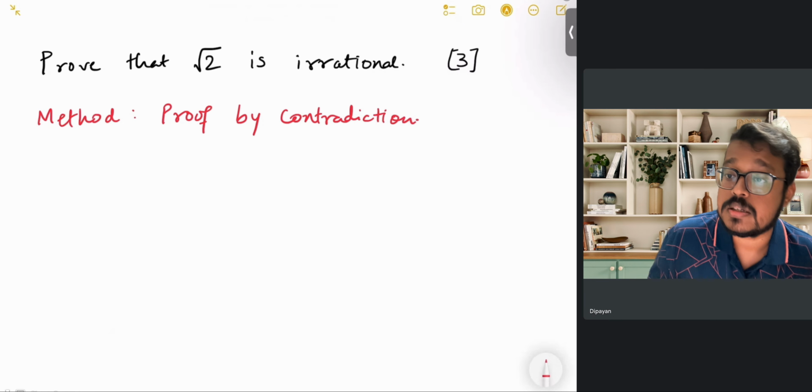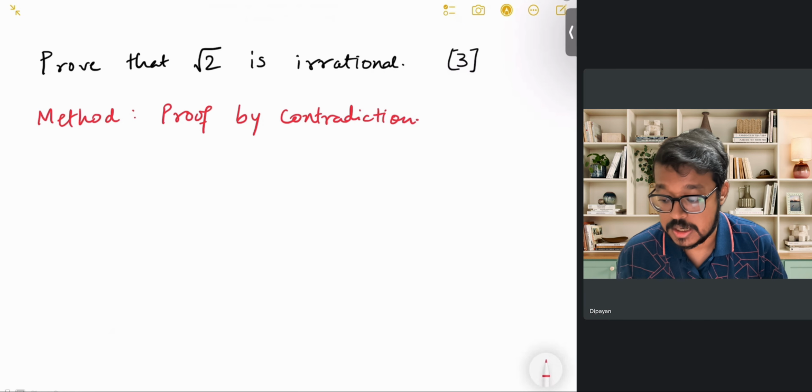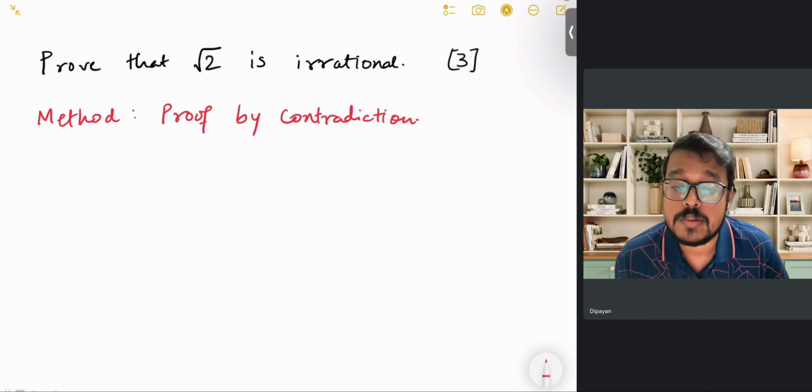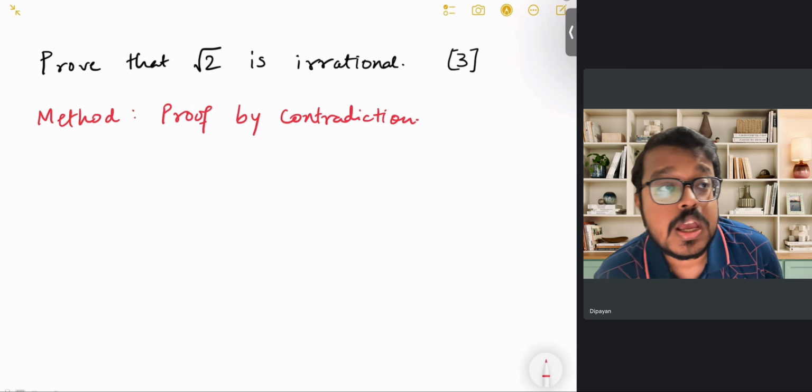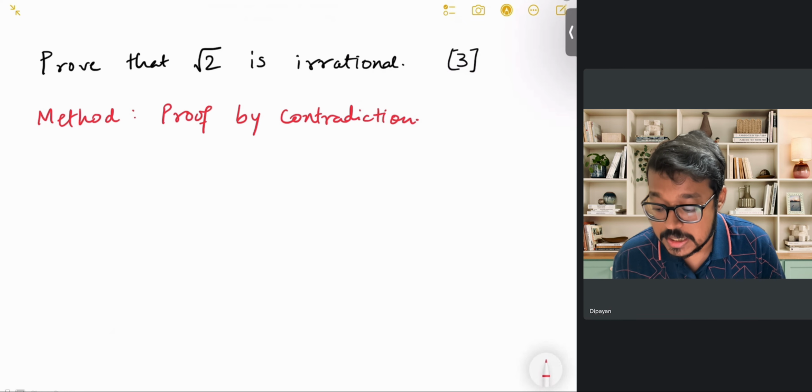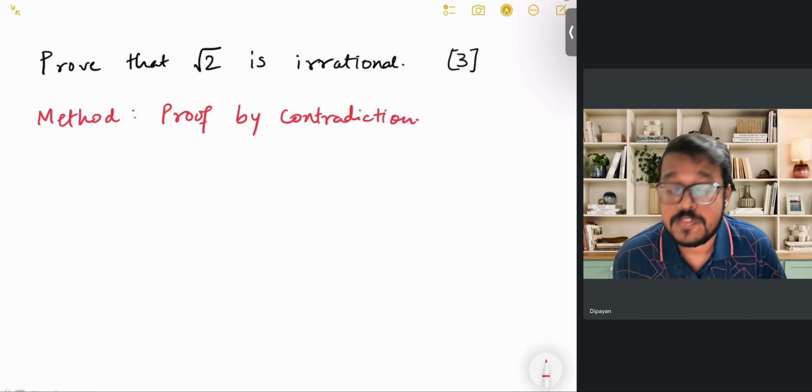So let's prove that root 2 is irrational. And the method that we are using here is called proof by contradiction. Proof by contradiction means that we start with the opposite assumption. Whatever we are trying to prove, we will assume the opposite, and then somewhere in the process we'll find that